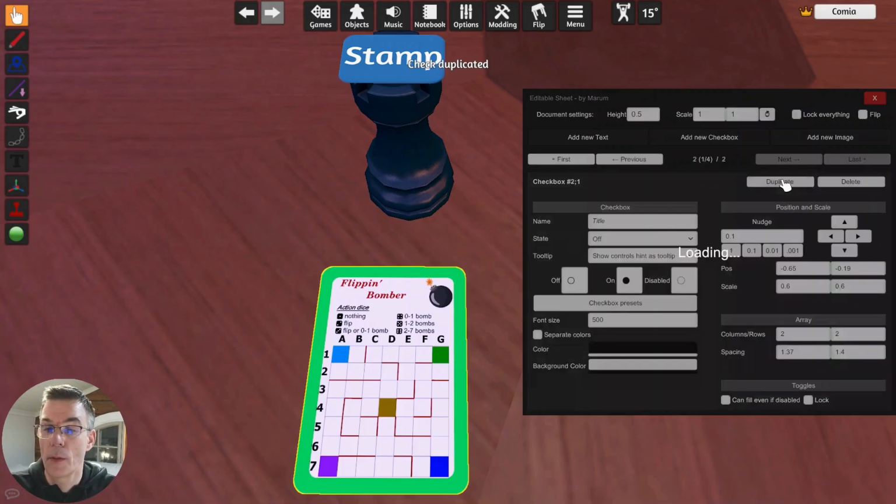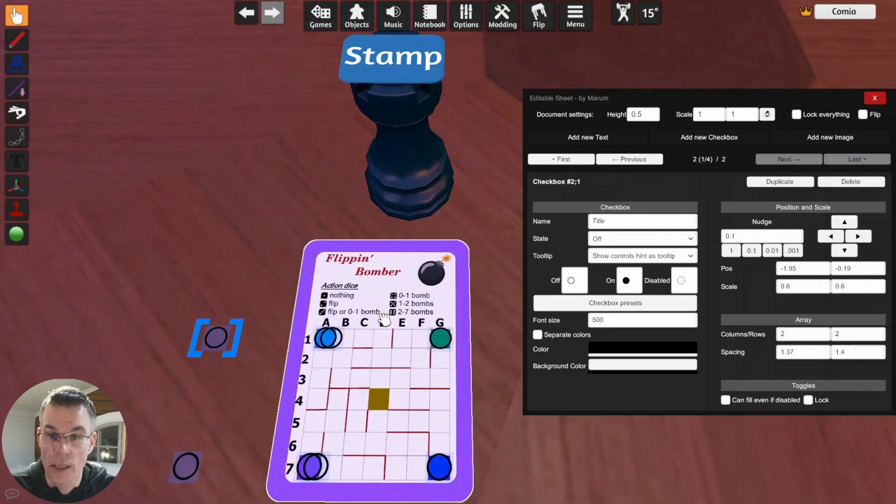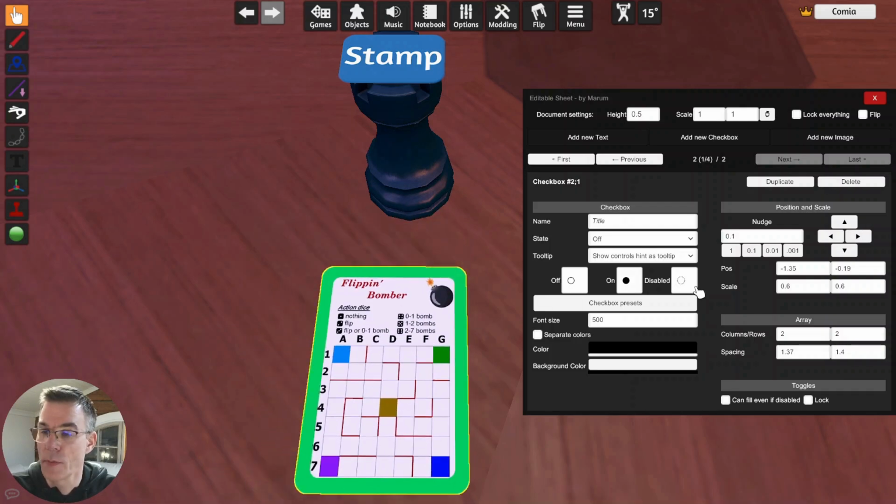I just duplicate it and I see nothing happens, and let's move it a bit. Nothing happens because everything is going to the front side. Even though the card is flipped, everything goes to the front side.